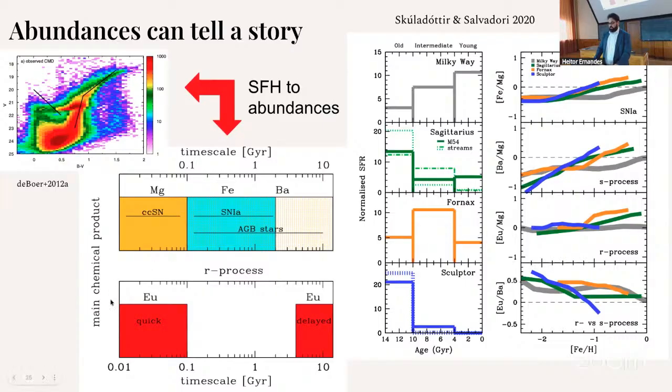So they didn't discuss which phenomena can explain that, but they proposed that they need a quick source to have this plateau, so have the same pace as the Mg for europium. And they also require a delayed source that will kick in later in the star formation history of these dwarf galaxies. But now, knowing all that,